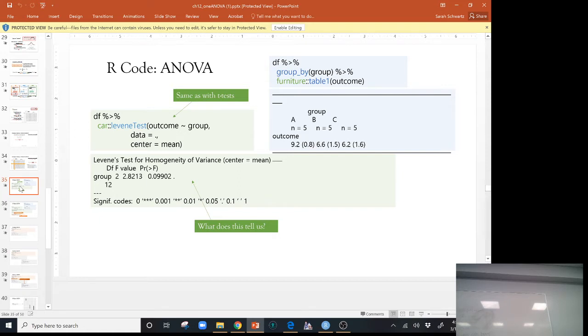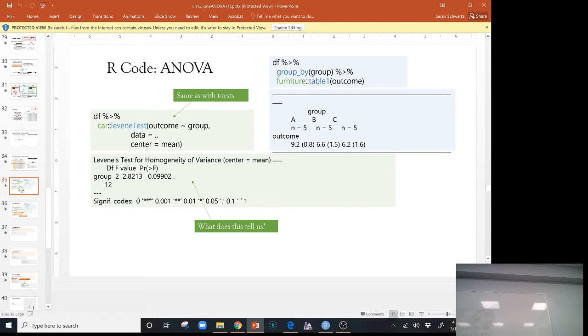But then you get output like this. So Levene's test is an F test, and it stacks the degrees of freedom. So for Levene's test, the F is 2, 12 for degrees of freedom. It tells you what the F value is, and then here's the p value. Now, what does this p value tell us? In this case, the p value is